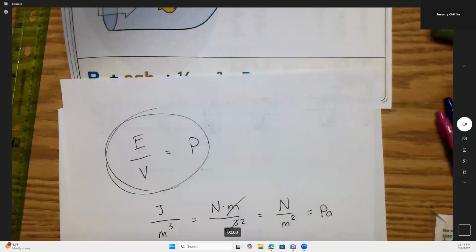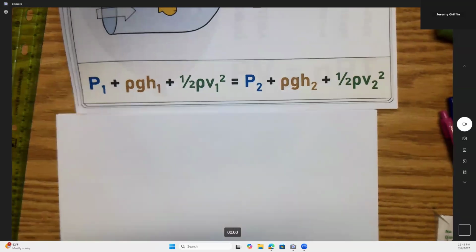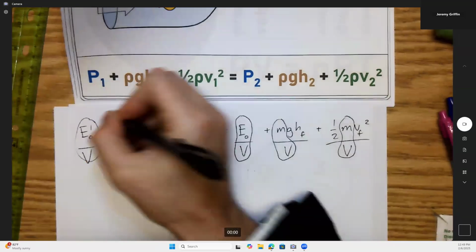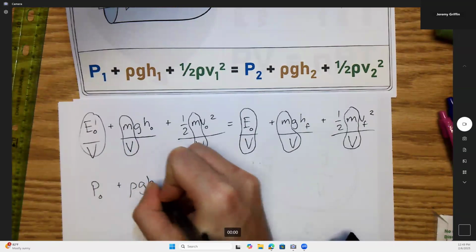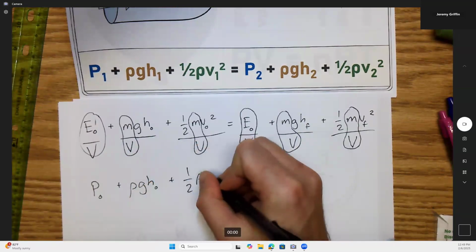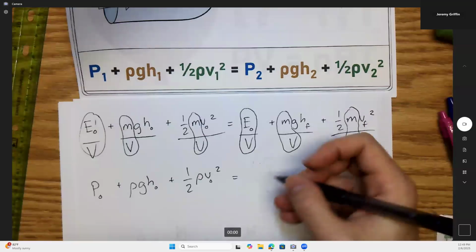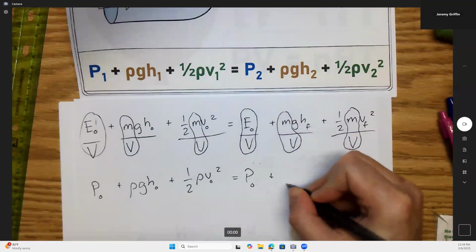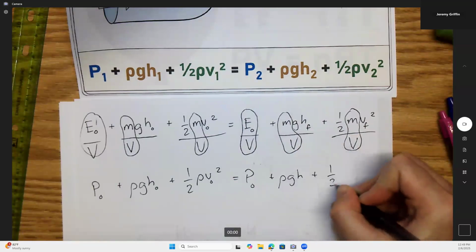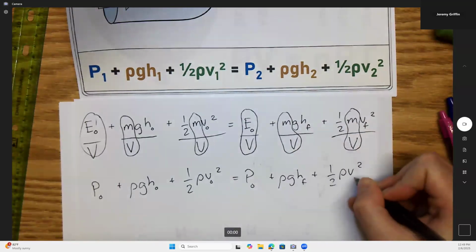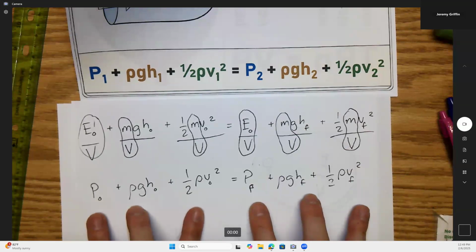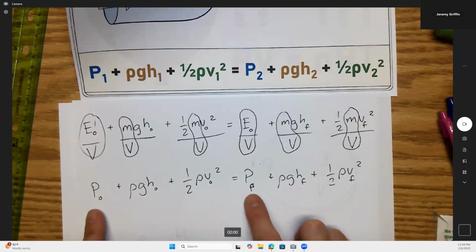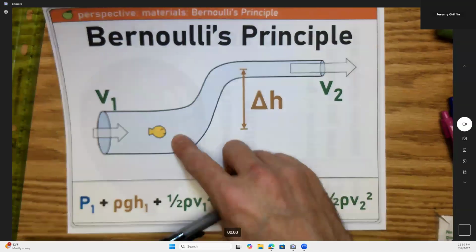That's pressure. Is that true? Go back here. Right here, this right here is pressure, and this is pressure. So put it all together. I got some initial pressure plus rho gh plus 1/2 rho v squared. And then somewhere else in the system, I got a different internal pressure plus rho gh plus 1/2 rho v squared. But this is final and this is final. Oh, whoops, and this is final. I meant to do final. Yeah, initial, final. So I still got 6 terms. Is that okay? And these pressure terms represent the pressure that the fish feels pushing on them from the